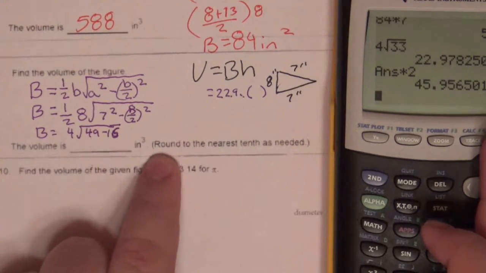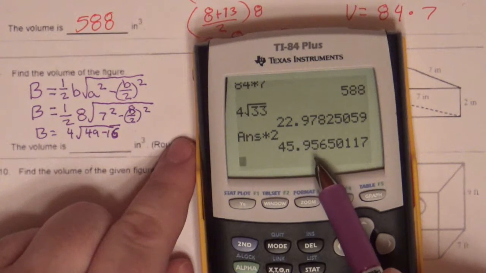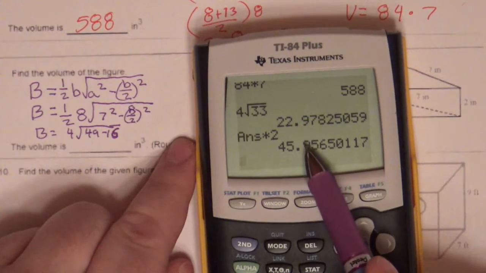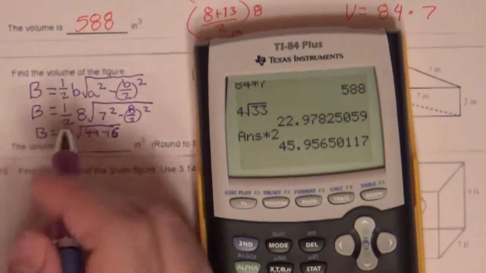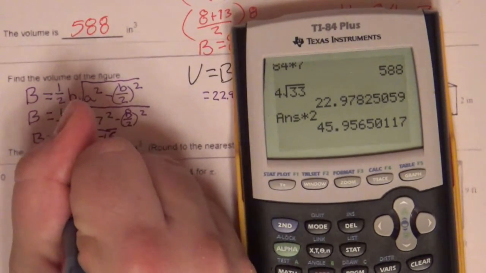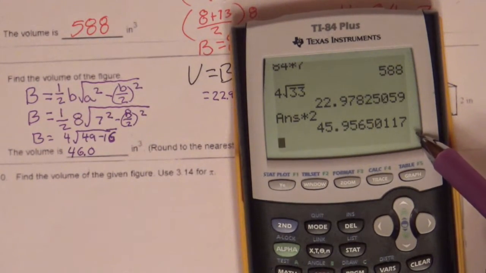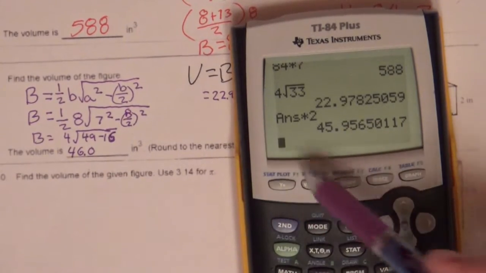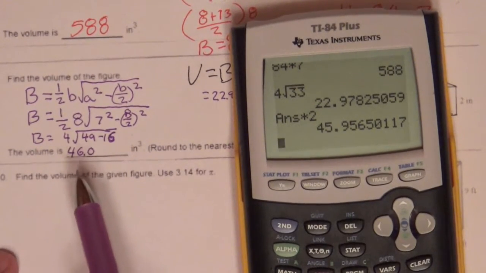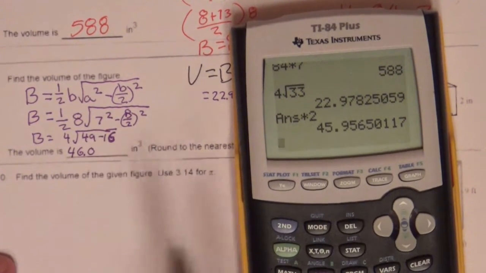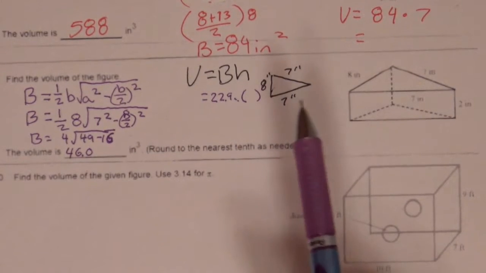So, what's it tell me to do? The volume is blank, round to the nearest tenth as needed. Alright, so my tenth spot is right here. This 5 tells that 9 to go up. Because it's a 9, it automatically changes this 5 to go up. So that 5 becomes a 6, the 9 becomes a 0, and all these other numbers become a 0 as well. But because I was rounding to the nearest tenth, the only numbers that get dropped are all the zeros on this side. So it's going to be 46.0 inches cubed.